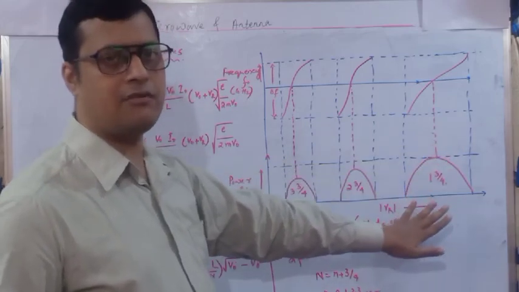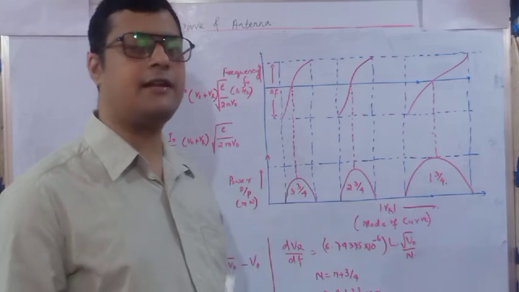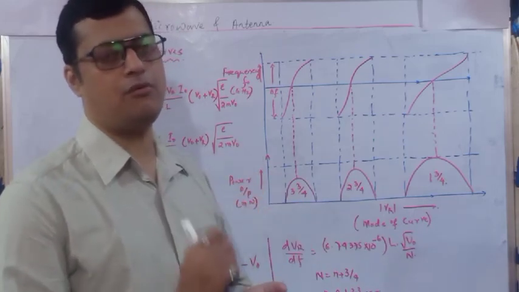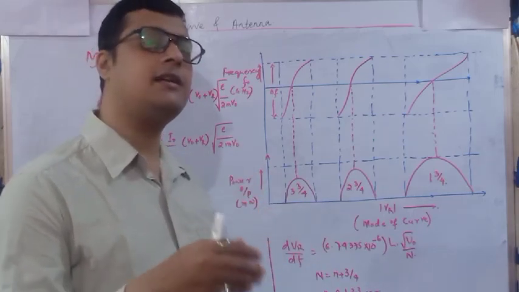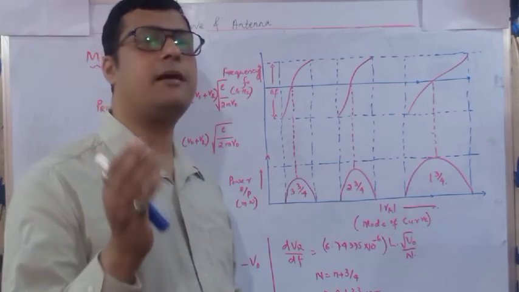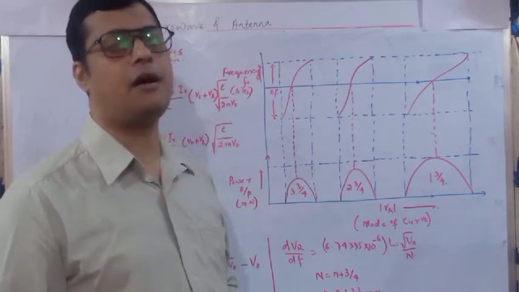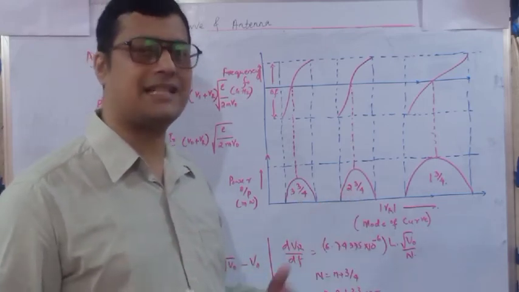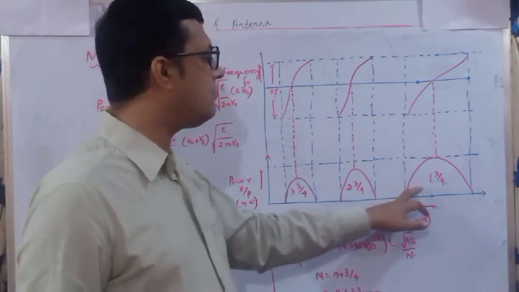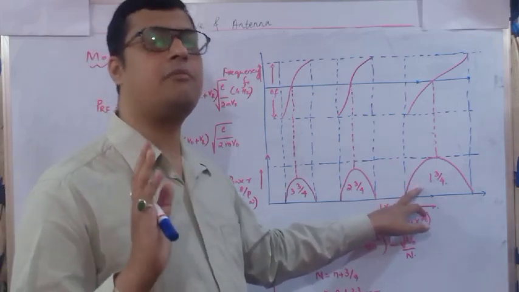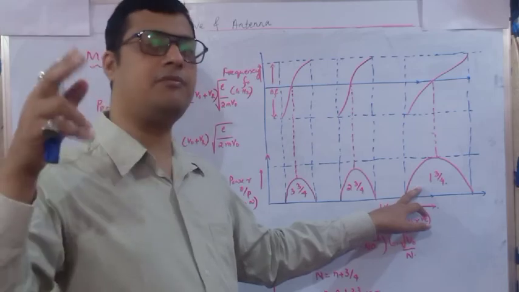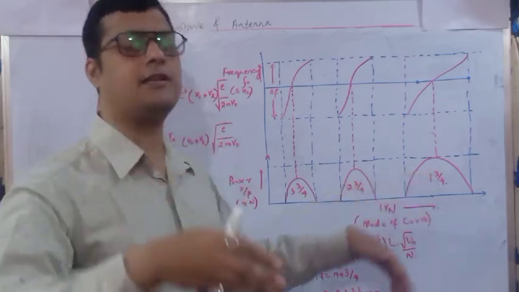That means we can observe maximum output at n equals 1, and even n equals 0, meaning 3/4 of a positive half cycle, where we determine the maximum output. So here it is 3/4 of one complete cycle and 3/4 of one more cycle in which maximum